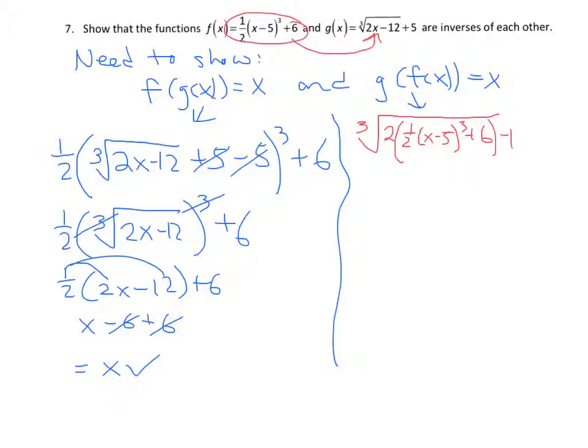And then we have a minus 12 and a plus 5 on the end. Okay, so I start simplifying. First I'm going to distribute this 2 to both of these terms, and we get the cube root of, well, the 2 and the 1/2 will cancel, and we'll just get x minus 5 to the third